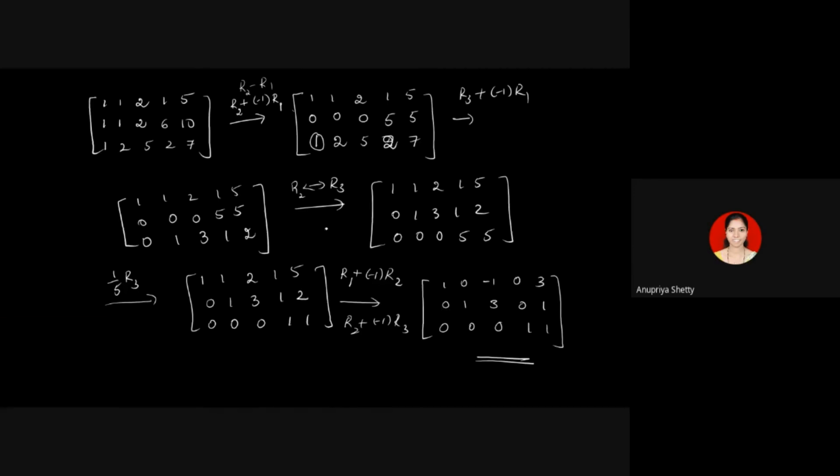If you're very comfortable working with row operations, you can do two of the row operations in one single step also, but see that you don't make any mistake. If I consider the second operation here, R3 plus -1 times R1, that could have been done here itself. That is, you subtract R1 from R2 as well as R1 from R3. Do that in one single step, but see that you don't make any mistake.